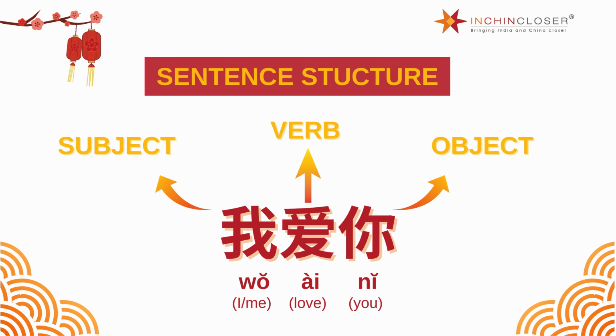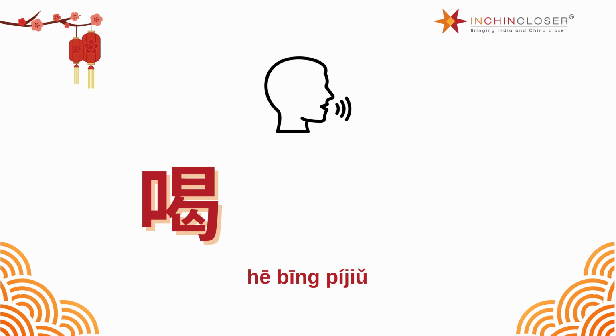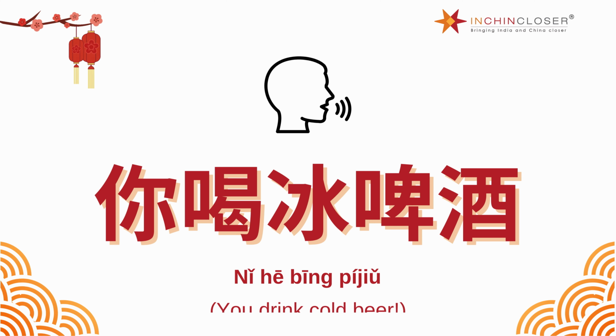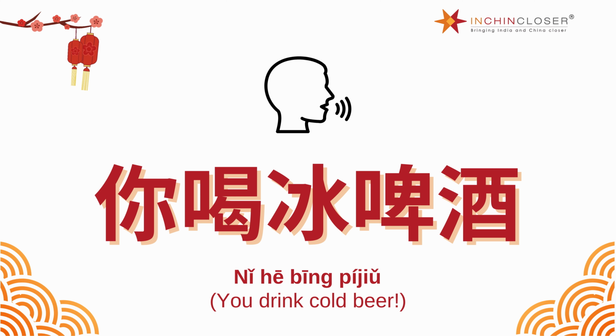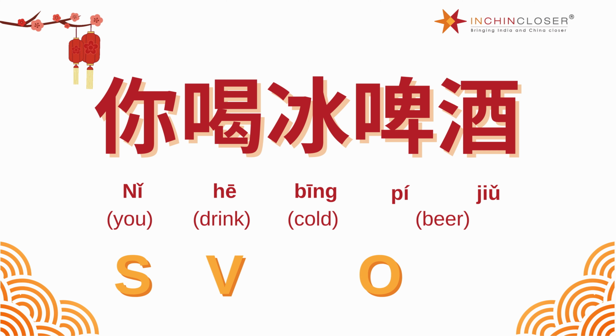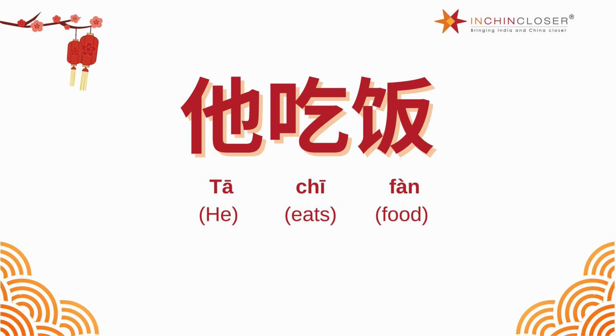Let's start with a small test. Remember the phrase that we learned in the last video? 喝冰啤酒, meaning drink cold beer. To make this sentence into a simple one, let's add the word 你, which means you, to the start of the sentence. Let's try identifying the subject, verb, and object in this sentence. 你喝冰啤酒。他吃饭。